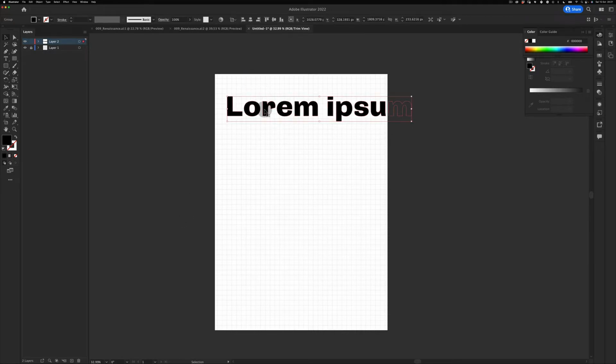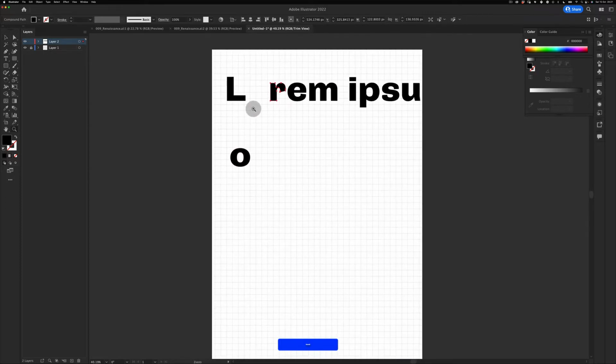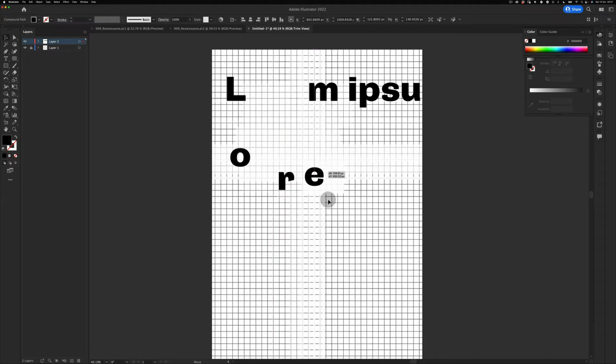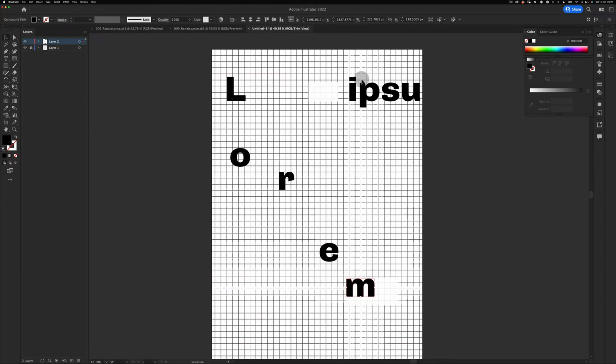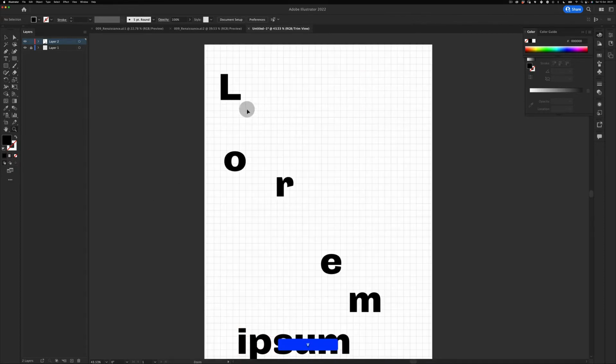And then just going to right click again and ungroup it. And then I'm gonna select each individual letter. I'm gonna make a really nice composition with them. This grid is just annoying me a little bit. I'm gonna just spread them around the artboard for now actually. And then I'm gonna leave this ipsum down here. So I'm going to start with the letter L, maybe I'm just going to rotate it a little bit like this. Then I'm going to scale it